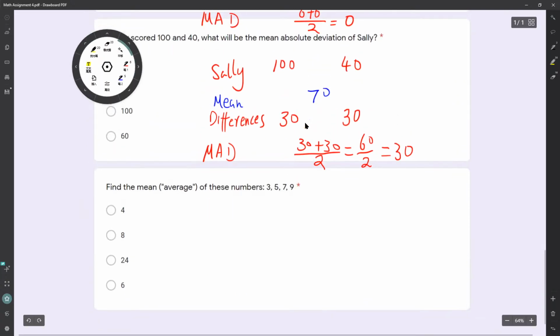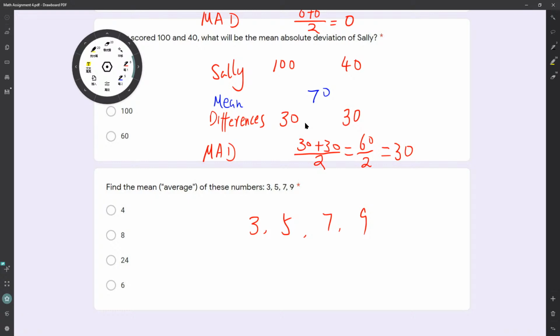And the last one, we are dealing with the last question. So find the mean or average of these numbers: 3, 5, 7, 9. So this is just testing how good you are at finding the mean. So just remember, to find the mean, the average,